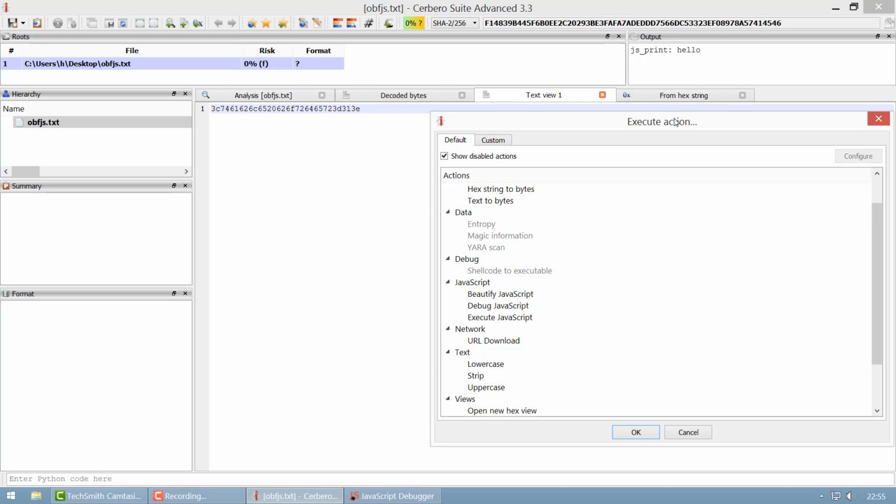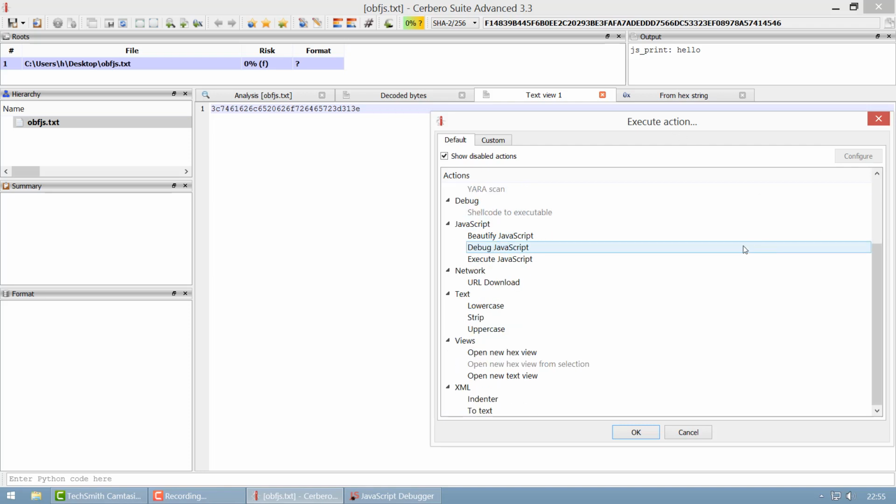What do I have with this text view? No, it will open a hex view, and at that point, via the hex view, you can process data. You have some more text actions for lowering the case, for stripping white spaces, for doing uppercase. You can open an empty hex view, you saw already, open new text view, and you can indent XML,